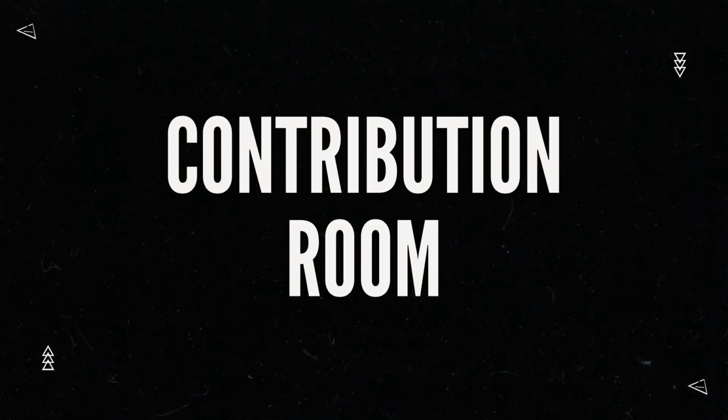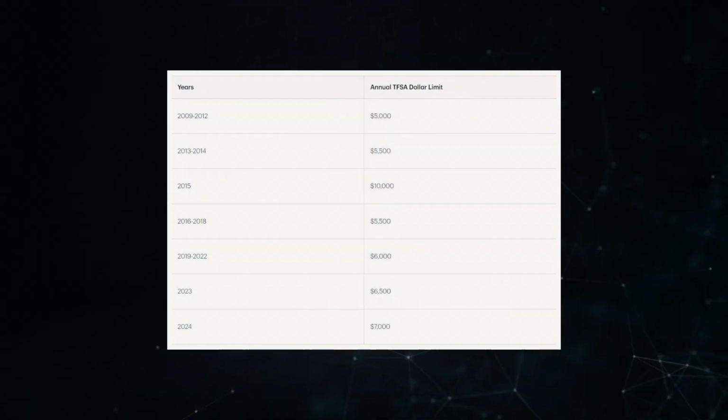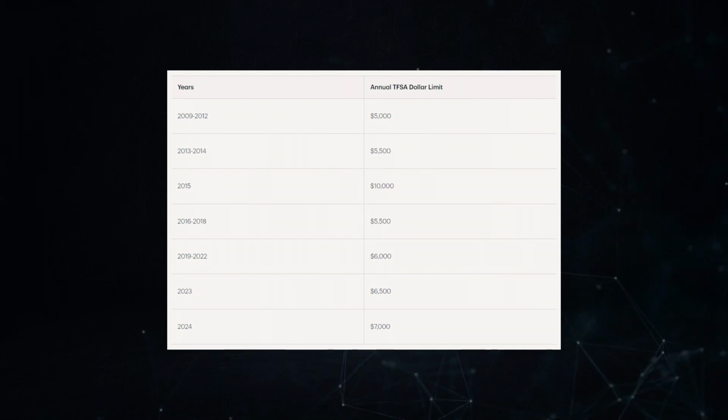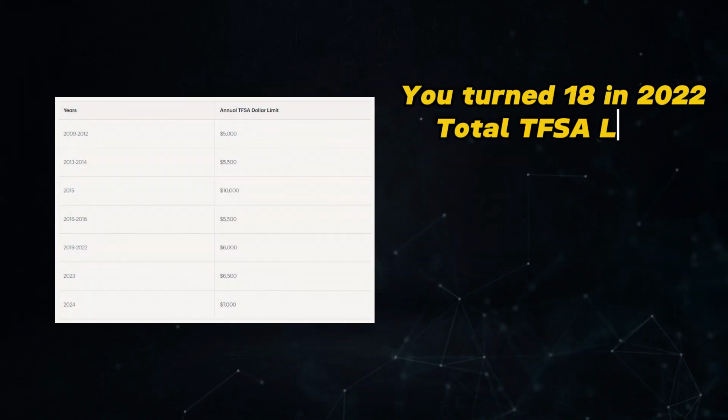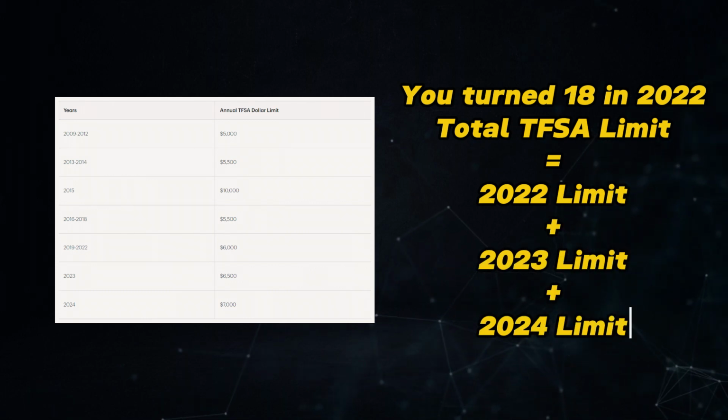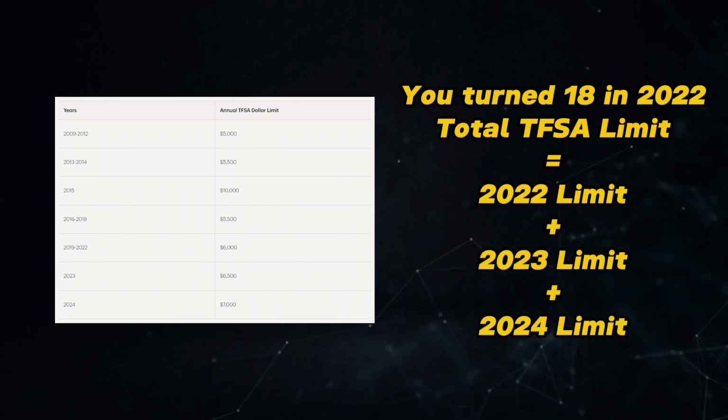Let's move on to some facts about your TFSA. The TFSA contribution room is calculated based on the year your TFSA kicks in. Here's a chart showing the room that was available for each year starting in 2009. Please note your contribution room kicks in when you turn 18. For example, if you turned 18 in 2022, your current contribution room is a sum of the room for 2022,